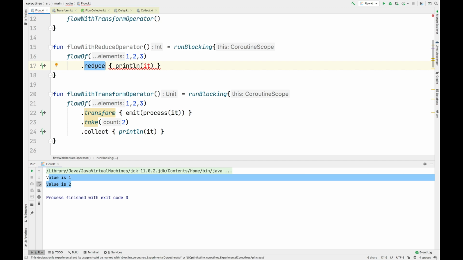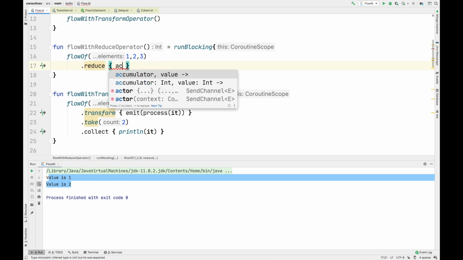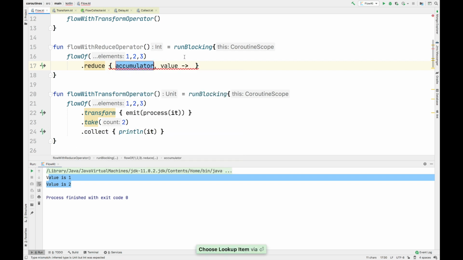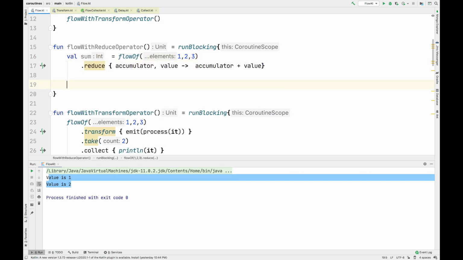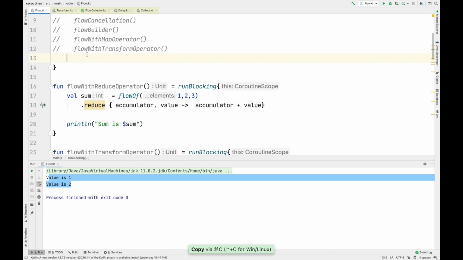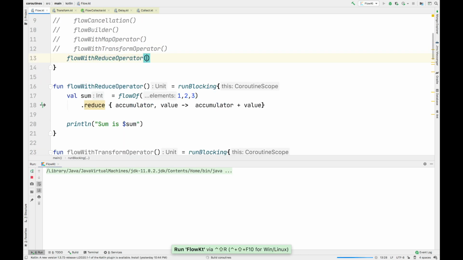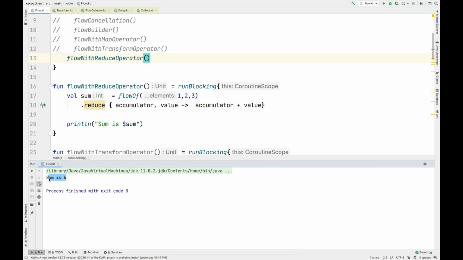This reduce method works similar to the usual reduce method, which has an accumulator and a value. This function will return the sum of these 3 elements. I'll declare a variable here, call it sum, and simply print this. Then I'll call this method and let's run this example to see the output. Here you can see we have got 6 as our output.